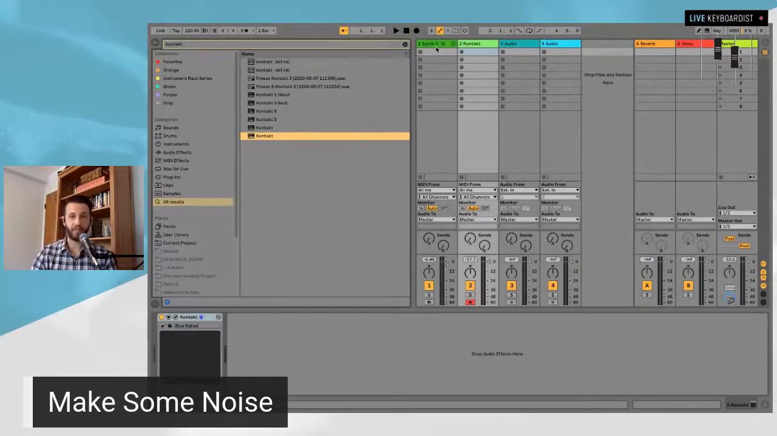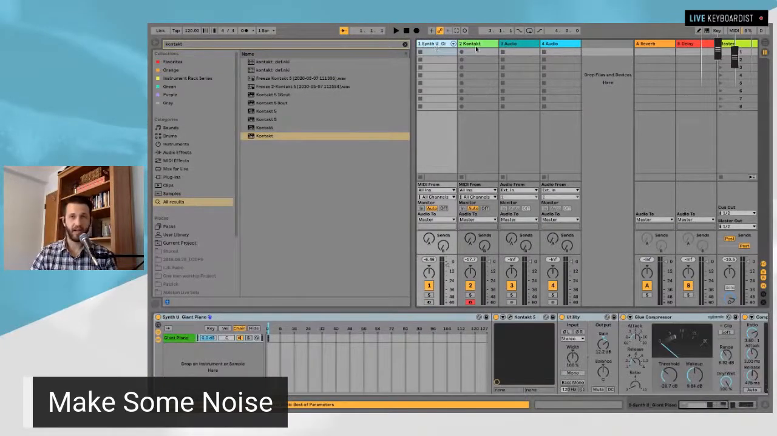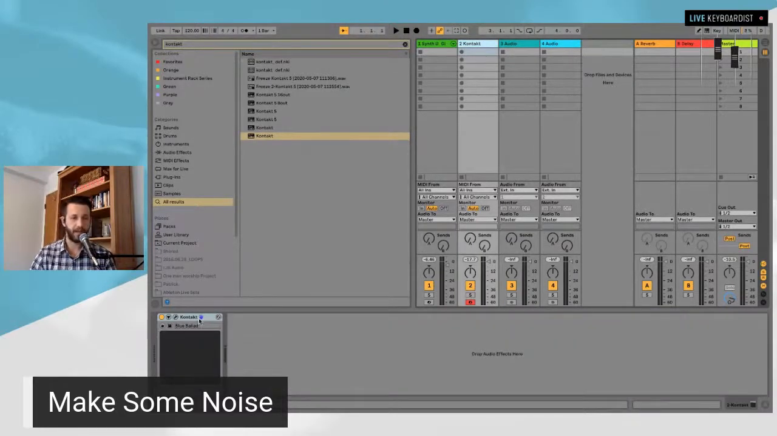So that brings me to my next point here, which is we need to create a way to turn our sounds on and off. So I'm going to do that here with Blue Ballad with this contact preset, but you need to also make sure that your MIDI monitors are set to input. So basically what this means is it's always listening and looking for